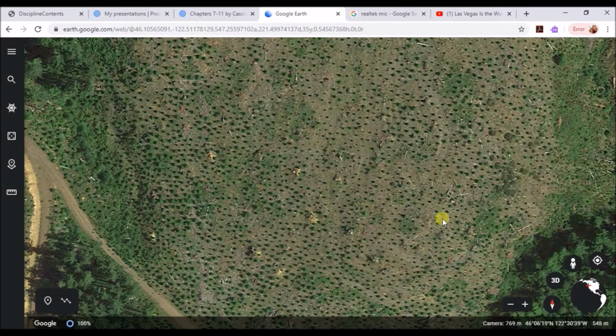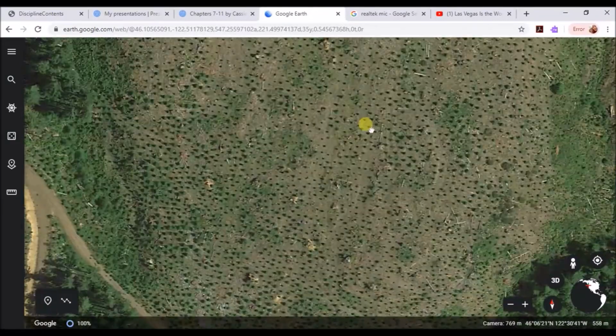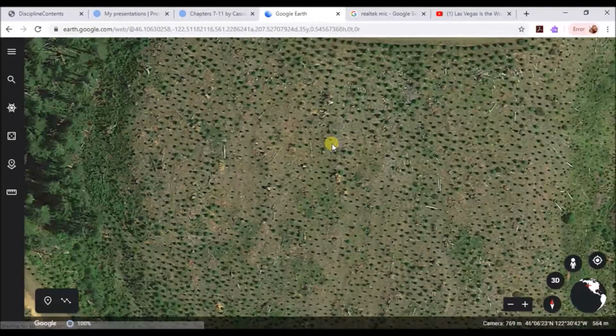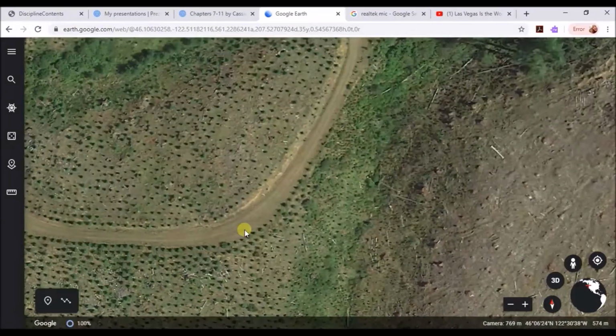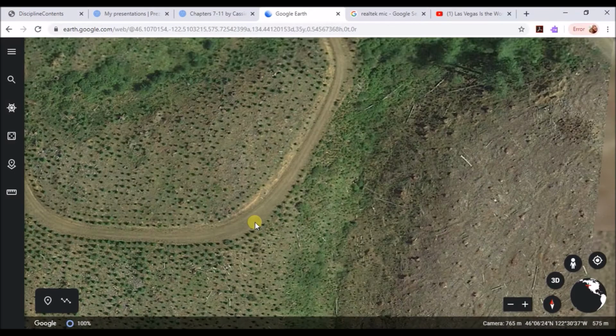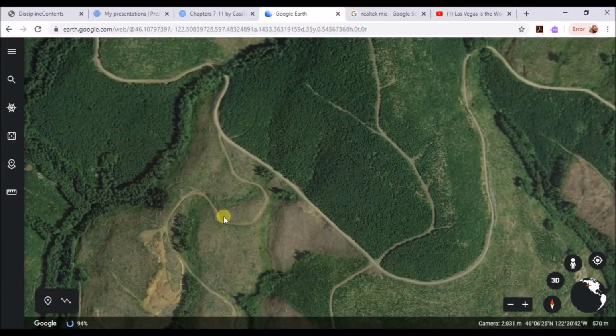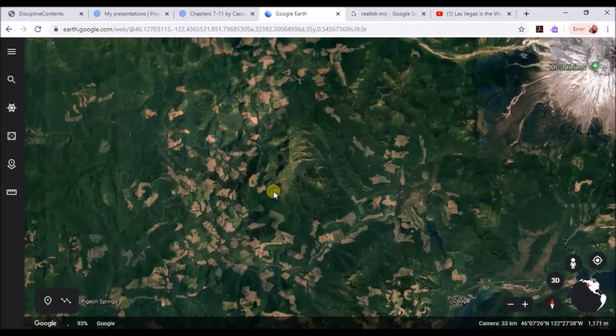Let's go ahead and zoom out. But you can see this patchwork. So we have a lot of habitat fragmentation from this. Now, the best places that are untouched are usually places that are just too hilly for people to be able to get to. But I mean, look around, if I go anywhere on the map, we've got this patchwork. We were utilizing the forest for lumber.